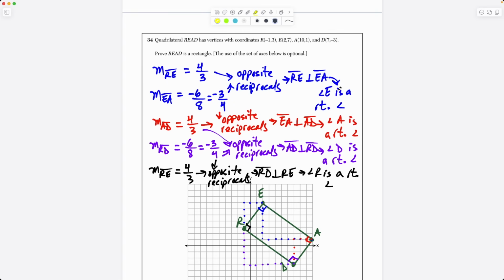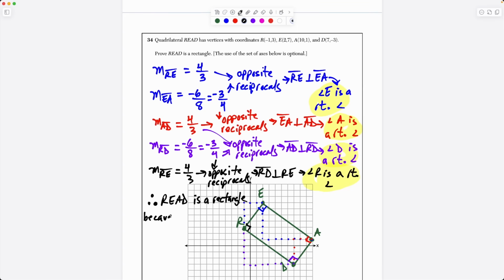But now we have to just summarize all this information. What do these four statements tell us? Angle E is a right angle, angle A is a right angle, angle D is a right angle, and angle R is a right angle. This tells us that READ is a rectangle. Okay, so I can say, therefore, READ. By the way, 3 dots means therefore. So just a nice way to abbreviate in math. So therefore, READ is a rectangle